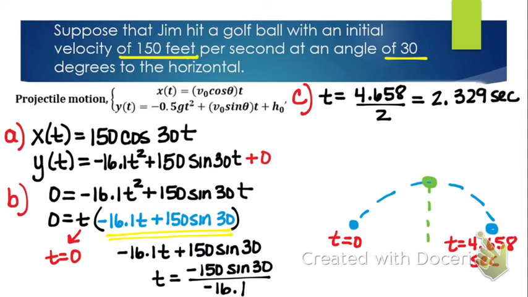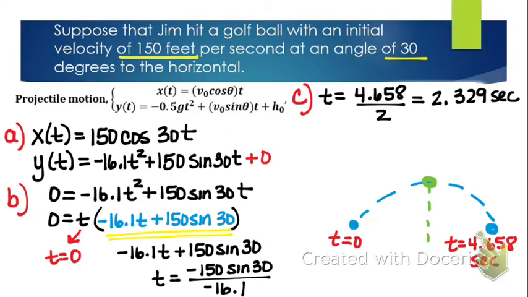So when we talk about height, we're talking about the vertical distance. So which parameter am I going to substitute this into? Is this X or Y? It's Y. Because when we talk about height, that's your Y value. So the height, that's this right here. This is a vertical distance that we're trying to figure out. So it's asking for the height of this ball right here. What is that height? So I want you to take this 2.329 and substitute it in for T in your